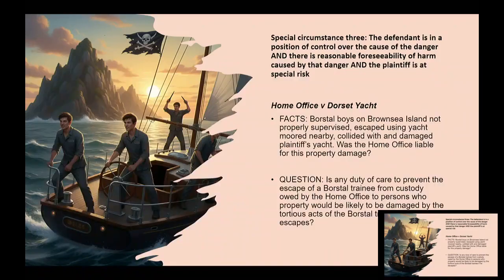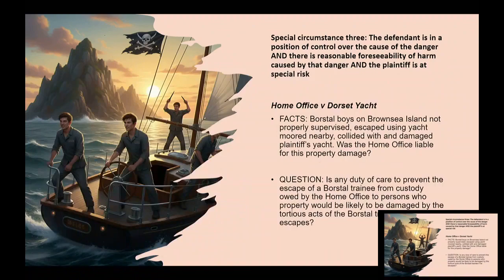Right, so the case that we're going to use here, and I know you will have discussed this case already, is Home Office v Dorset Yacht. Have you discussed this with Joe? Yep, okay. Now, we'll just go through the facts again, but the part we'll be focusing on is how the